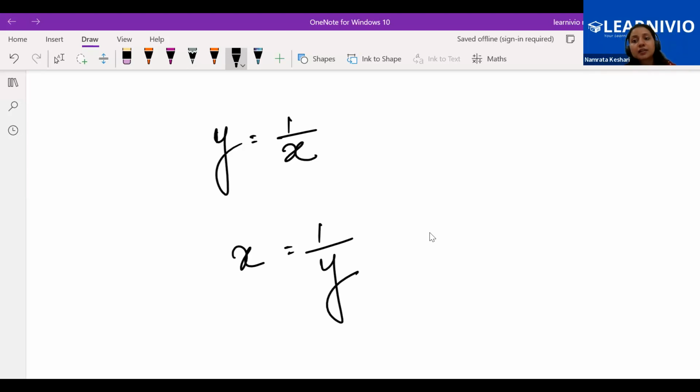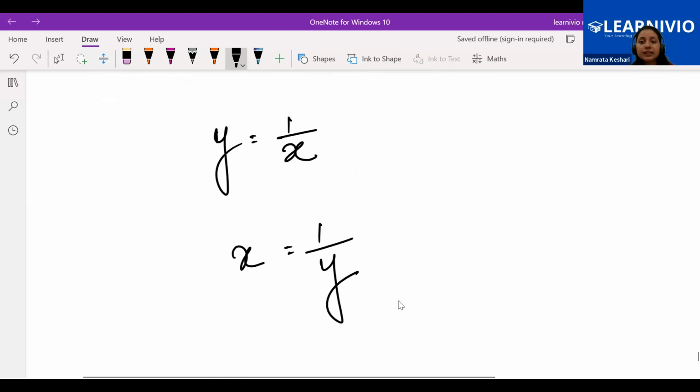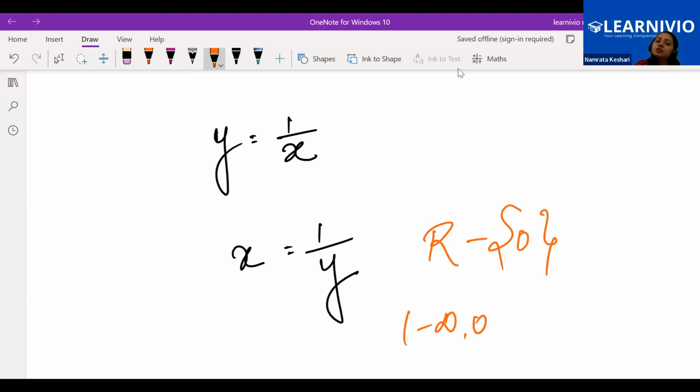Y can be anything but not 0, right? Yes or no? आ रहा है समझ में यहाँ से कि y कुछ भी हो सकता है लेकिन 0 नहीं हो सकता. कोई भी रियल नंबर ले सकते हैं लेकिन 0 नहीं. For y, if we are thinking like a domain, are you getting me, Ali and Alina? Yes, ma'am. So we will say all real number minus 0, or we will say that minus infinity to 0 and then 0 to infinity. मतलब सब कुछ but 0 नहीं, क्योंकि ओपन इंटरवल लिया है तो एंड पॉइंट कंसिडर नहीं होता है. ओके,